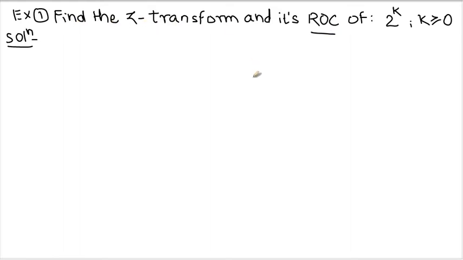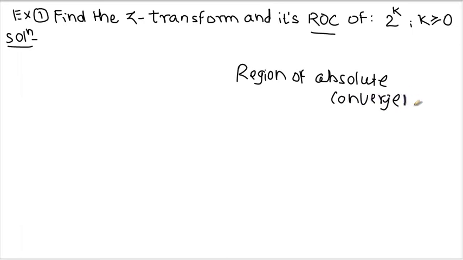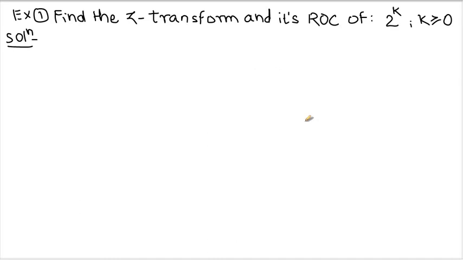ROC, what does ROC mean? It's region of absolute convergence. This is said to be region for absolute convergence. That means in short it is ROC, right? So we have to simplify the Z transform of the given function and find its ROC also, right? So first of all,